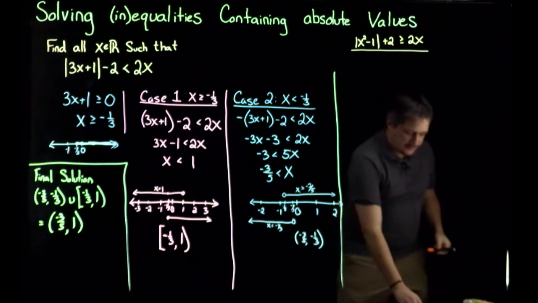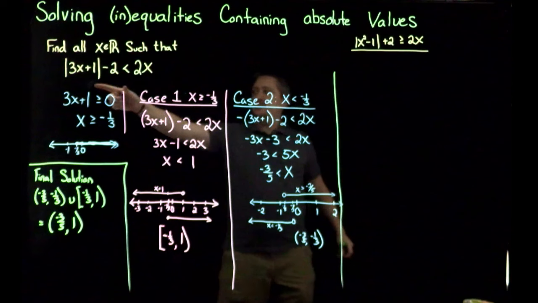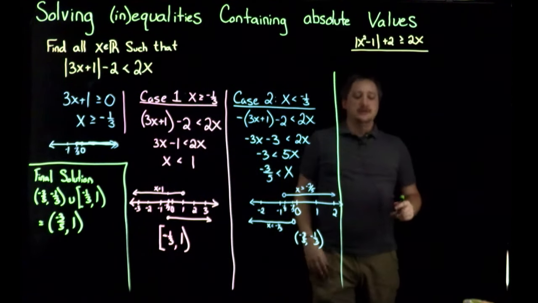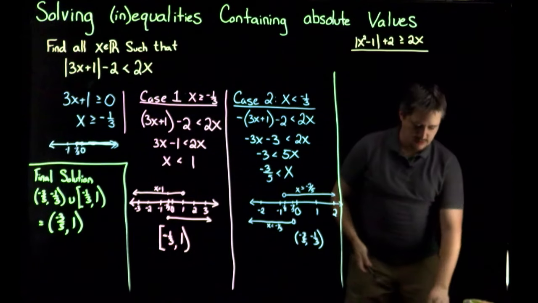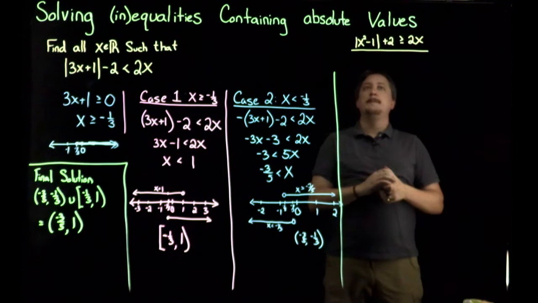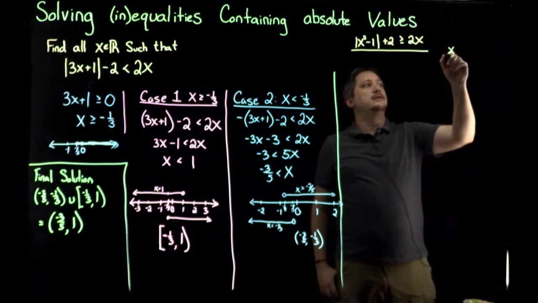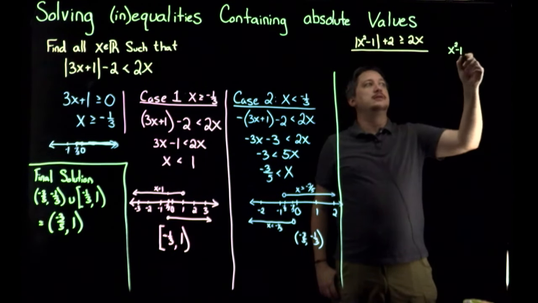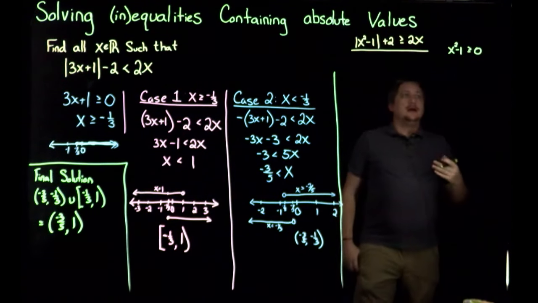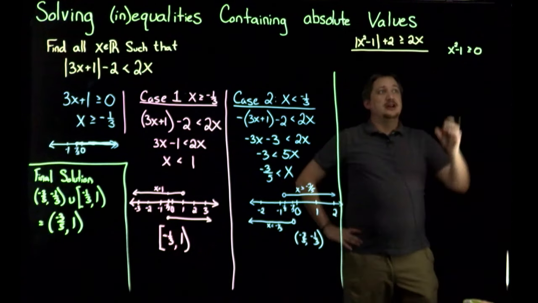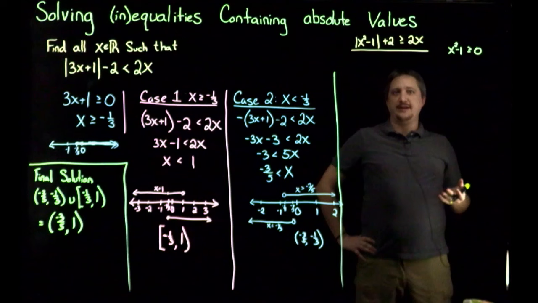So just like before, I'm going to start out by finding where this is true. Let me switch to a different color. So I'm going to take what's in the absolute value, x squared minus 1, and I want to know when is that greater than or equal to 0. Now your intuition might be to move the 1 over and square root. You can do something like that,